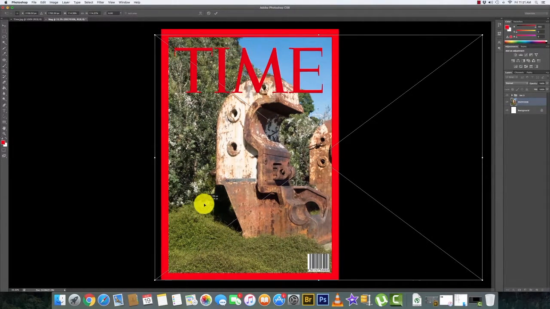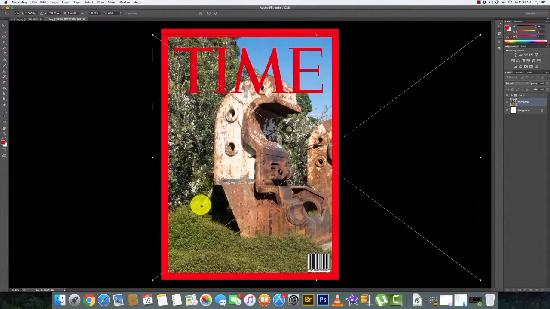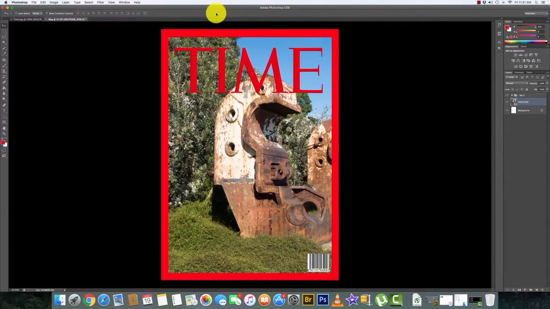So it doesn't matter if it goes over the page or not. What you're trying to do is create something to go into that white area. So I'm happy with that. That works well. That's all I really want in there. And now I can come up and approve it, which is by clicking on the tick up here, and it's looking much, much like a magazine cover should. Now, if that works for you,